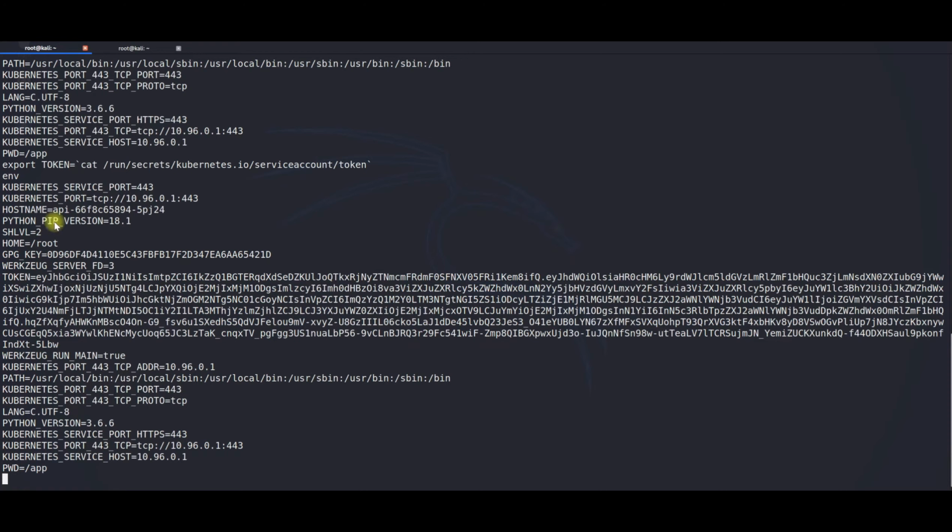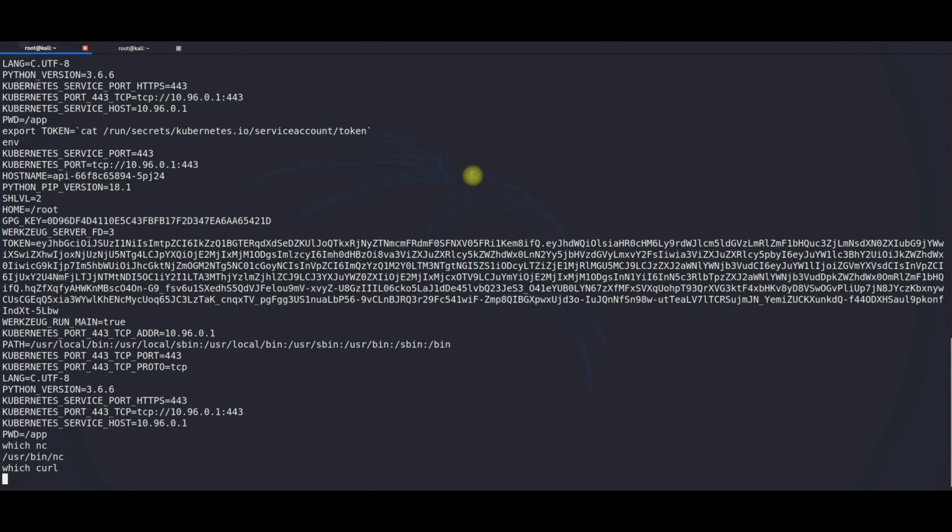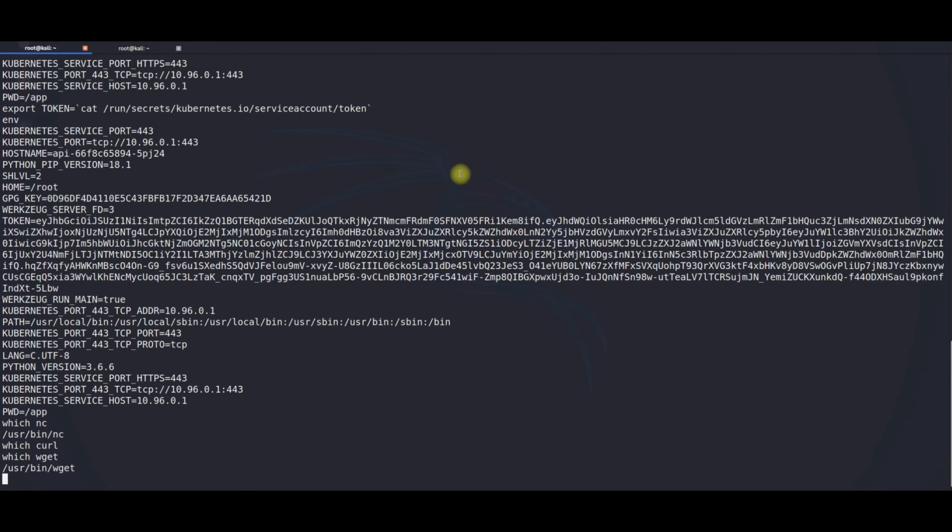Okay, apart from this, the attacker will try to gather the pod information. We have here that Kubernetes IP address. So we will be using this Kubernetes IP to gather all the pod information, how many pods are there. He can do this using the wget command, because most of the time you will not find some of the key utilities, for example Ansible. Apart from this, you will not find curl sometimes. So curl is mostly used, but you will find wget most of the time. So wget will always be there.